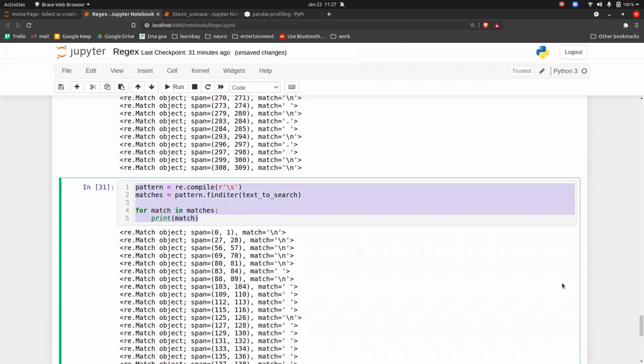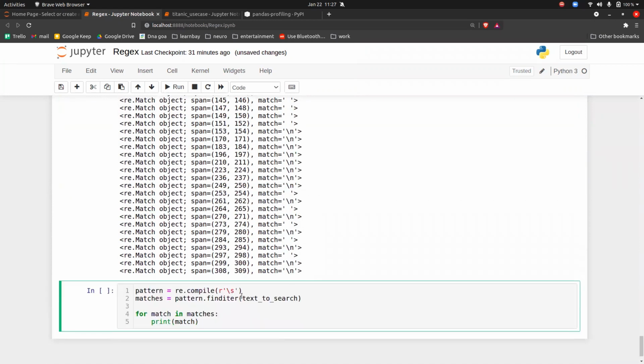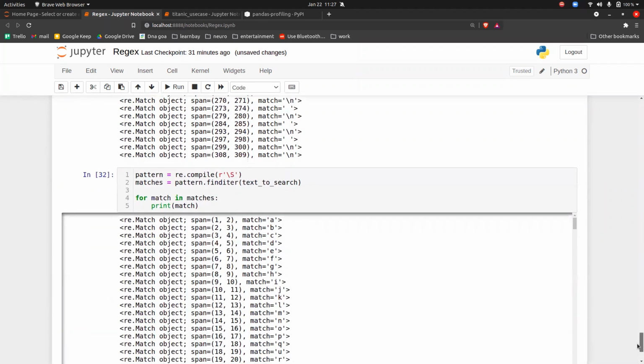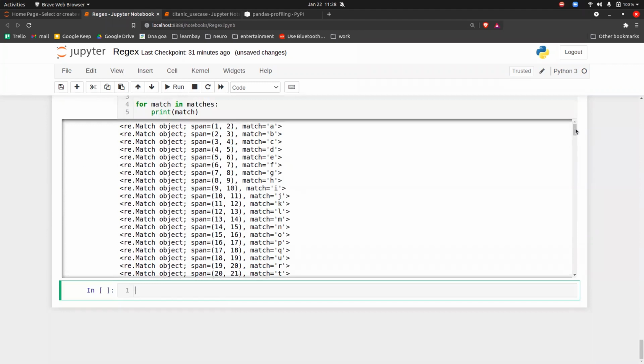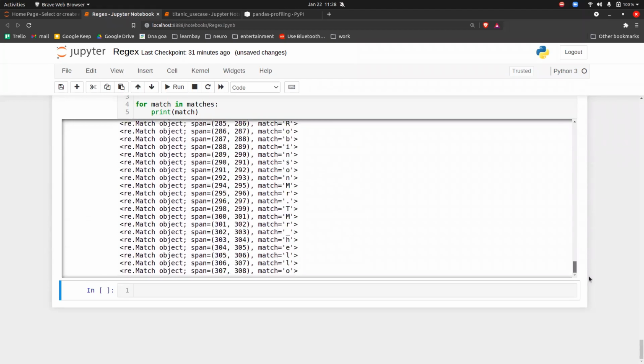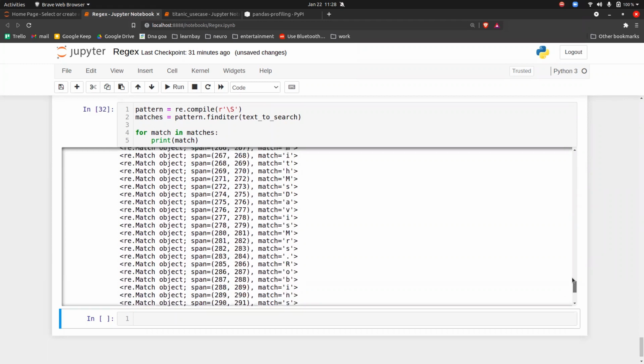But let's say you want everything except the spaces, so you can put capital S here and execute it. So here you will get only the text without the spaces. Now there will be no spaces in this particular text, if you notice. Capital slash S and dot are the same.